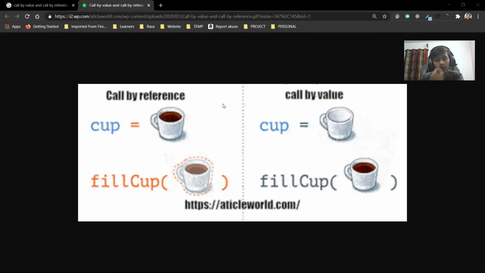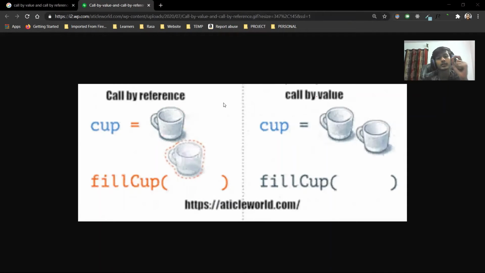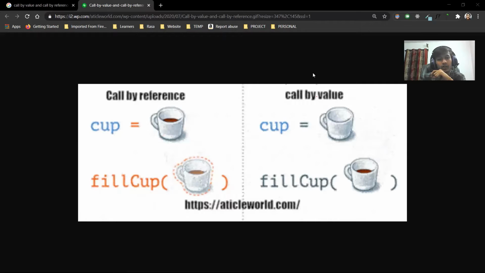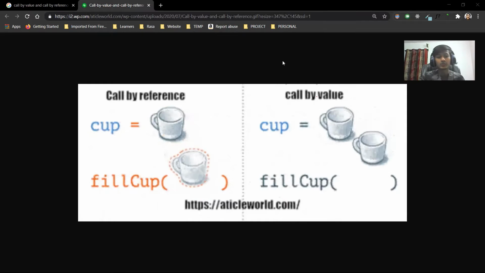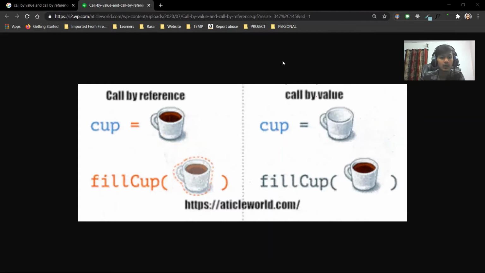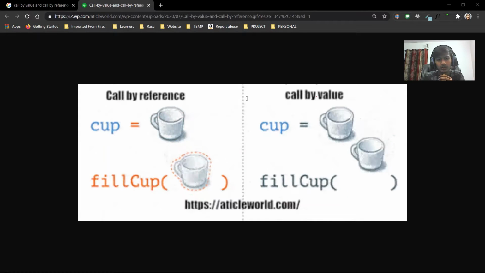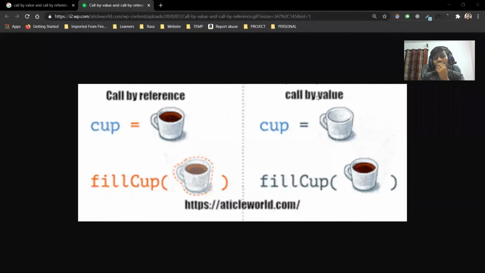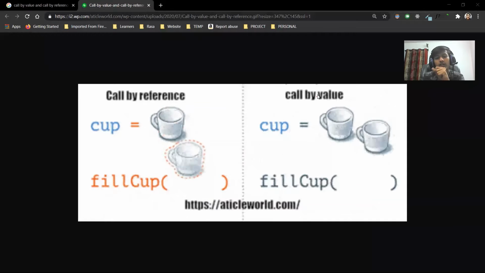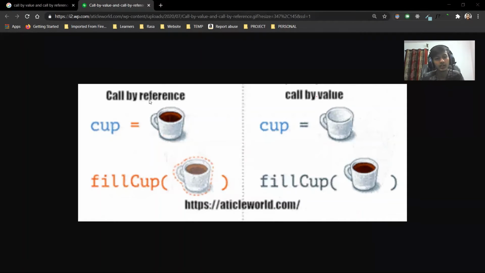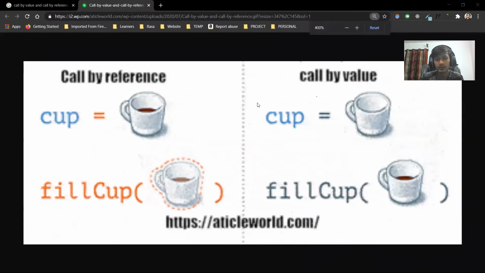Yeah, so now we'll see what is call by reference and call by value. In front of you, on the left side you have call by reference, and on the right side you have call by value, right? I told you what a referential data type is. Referential data types are those types of data types which store a location reference, right? Now we have call by reference and call by value. I just told you what referential data types are: the data types which store the location instead of the value. So in front of you, you are all seeing two things, call by reference and call by value.